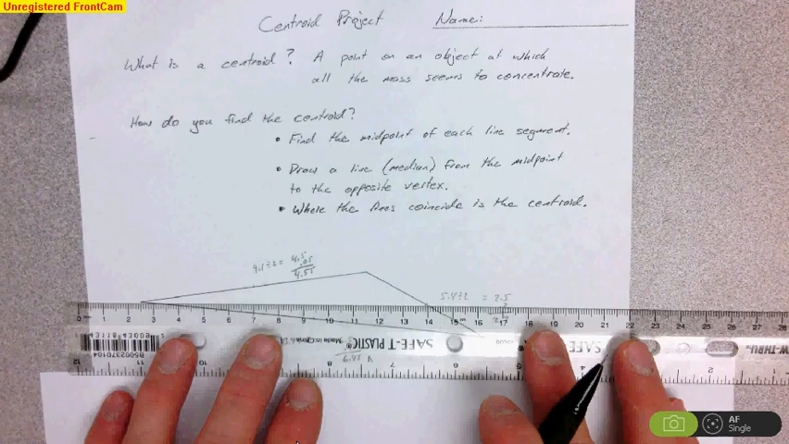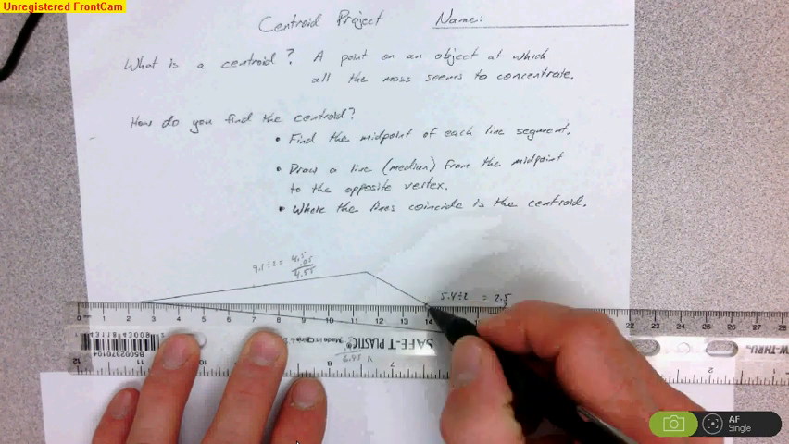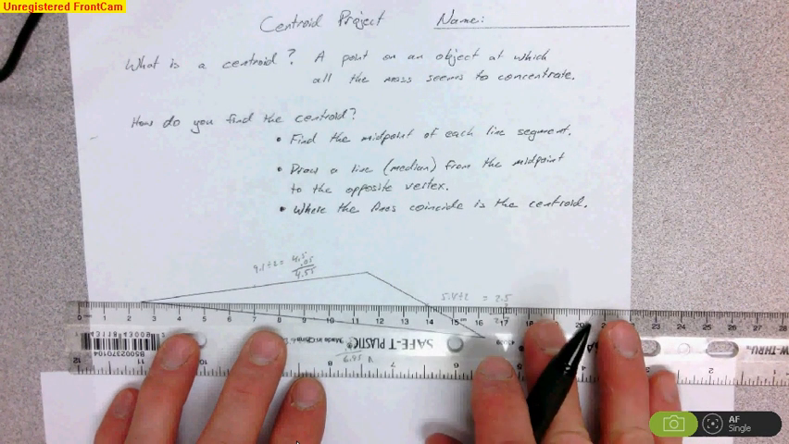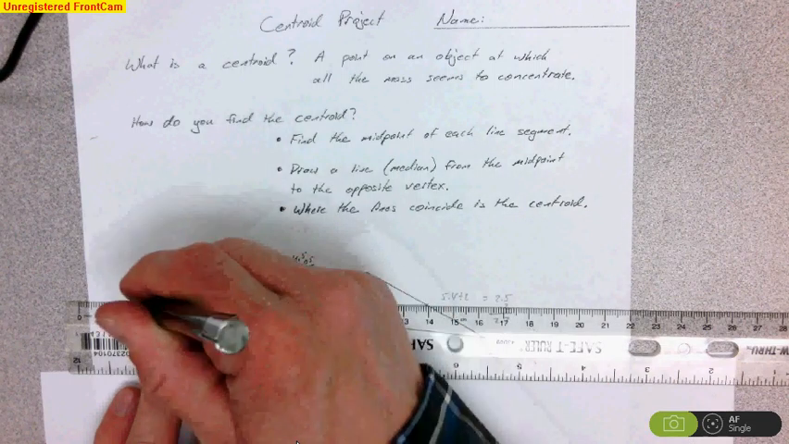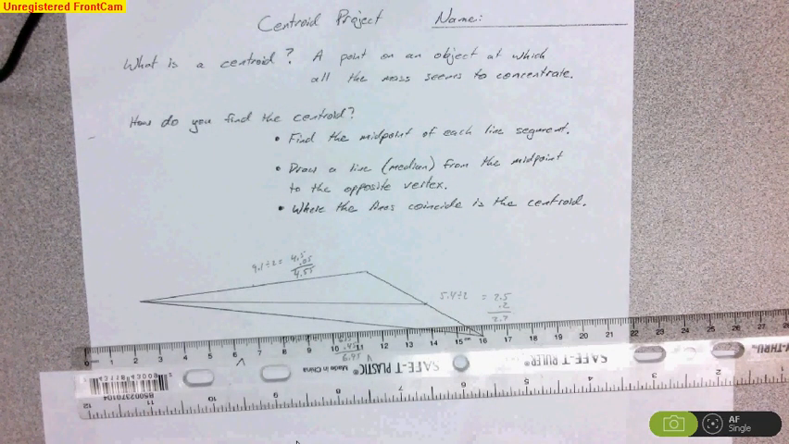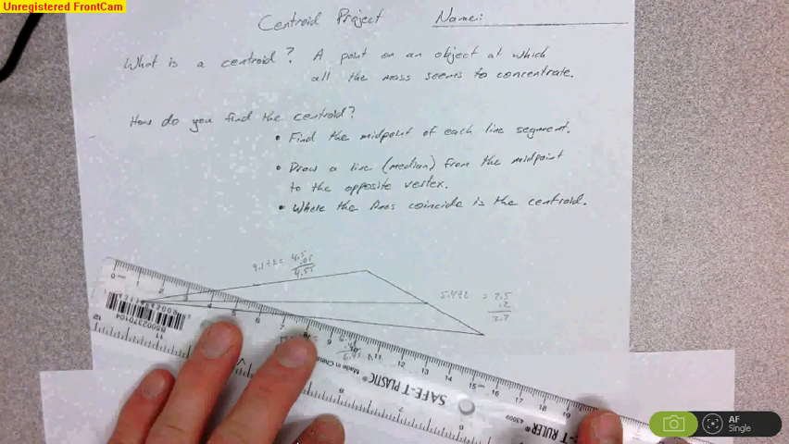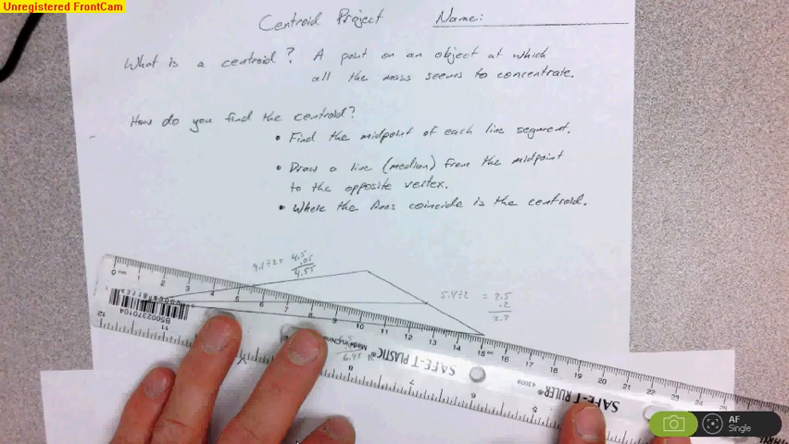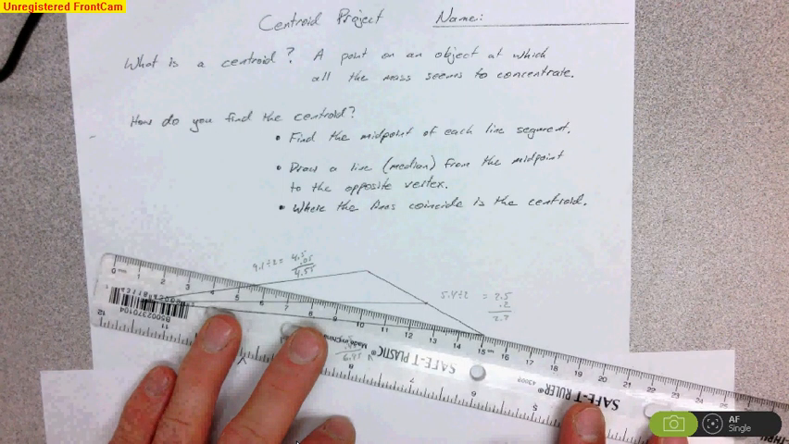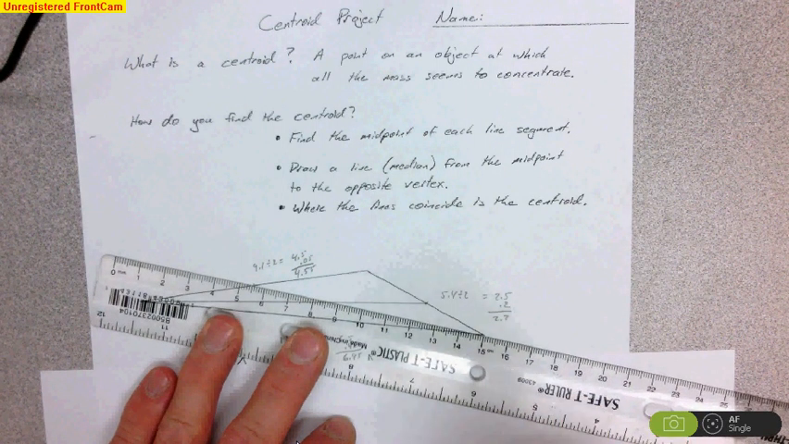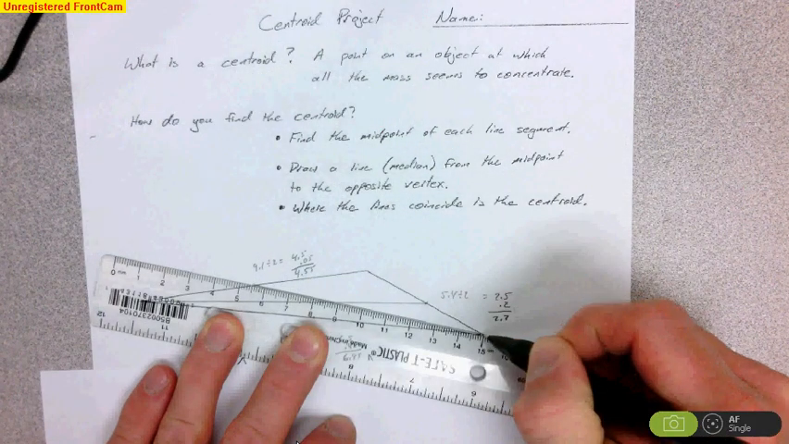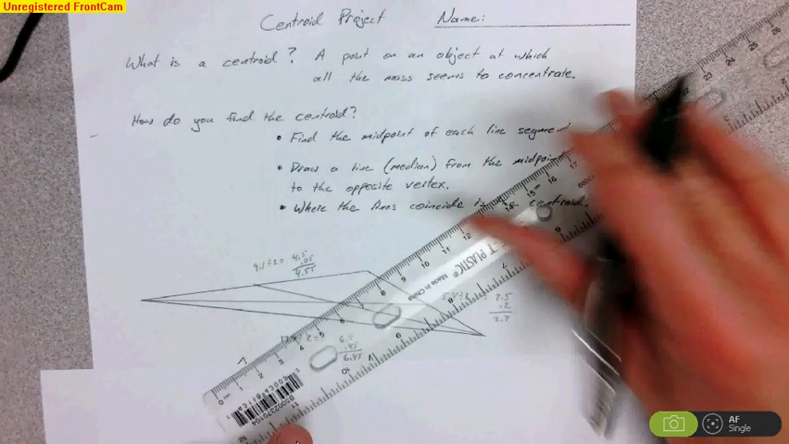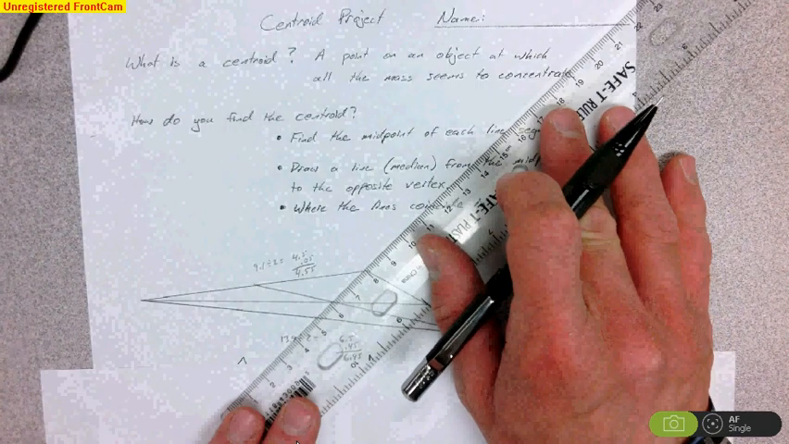I'll line up the ruler along the midpoint to the opposite vertex, leaving a little bit of a gap so I can fit my pencil lead in there. Then I'm going to draw the line between that midpoint and the opposite vertex. I'll do the same thing with all the others: I go from the midpoint to the opposite vertex, and then I draw that line between those points. Then I'll draw the one last median from the midpoint to the opposite